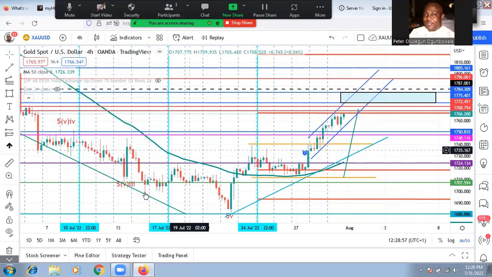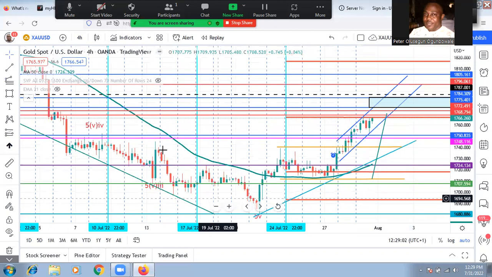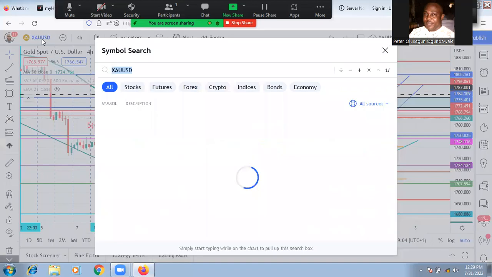So having said that, on gold, let me quickly go to USD. USD card are giving us level to buy. Price will be